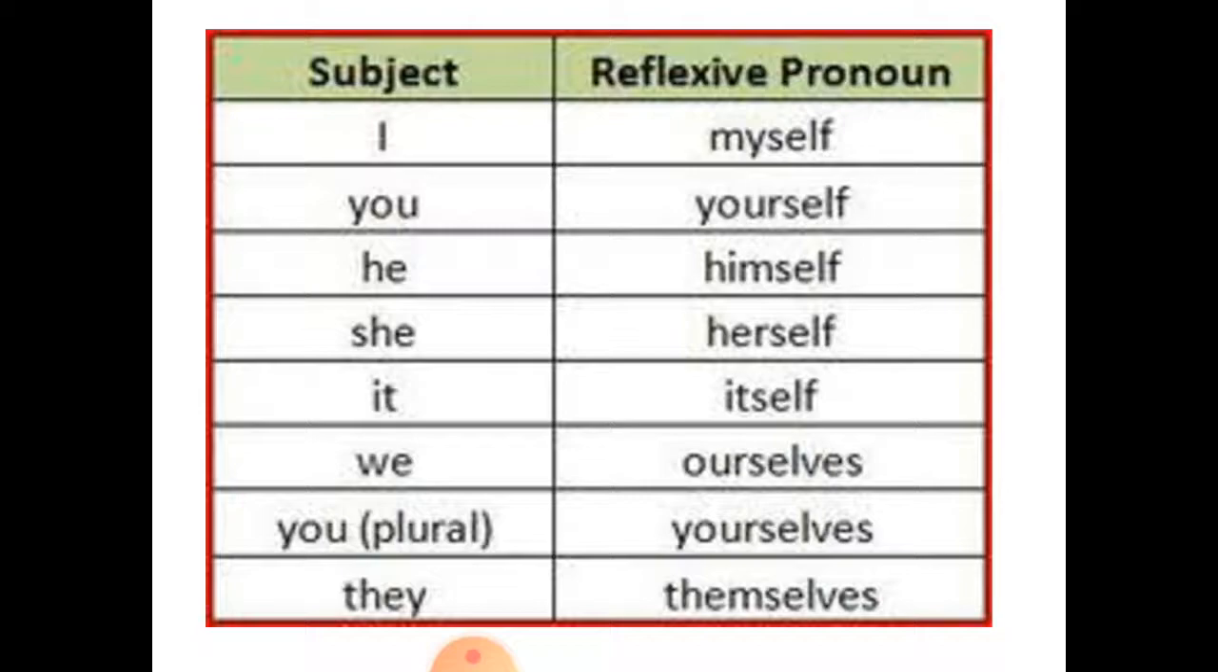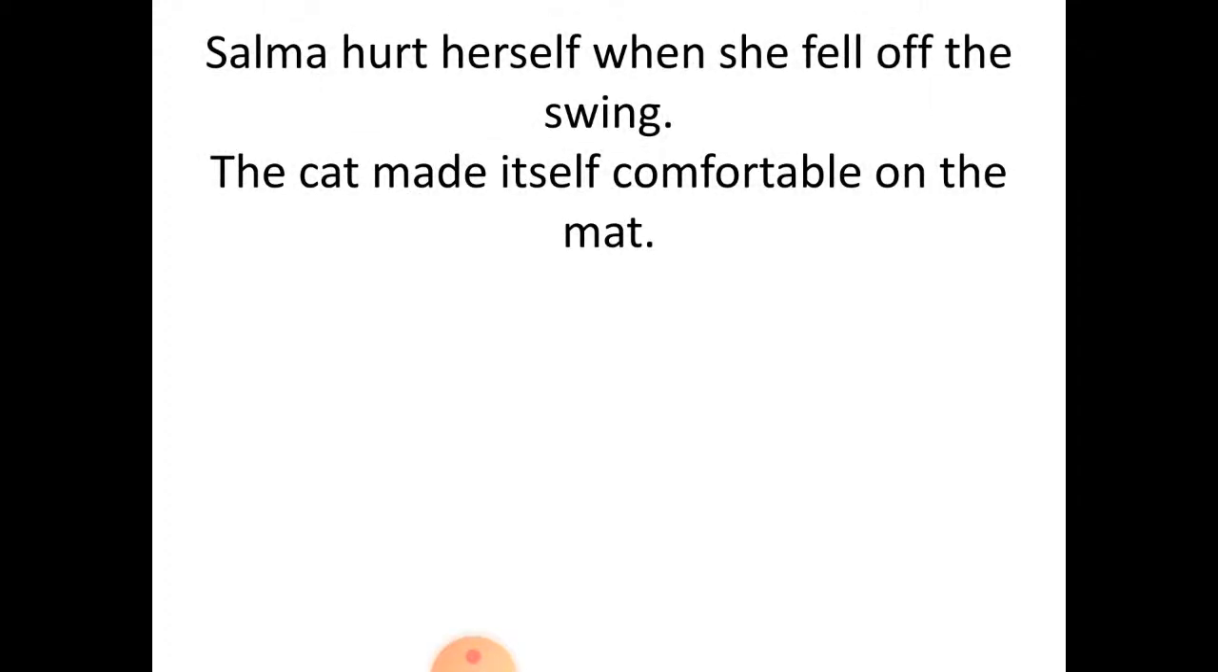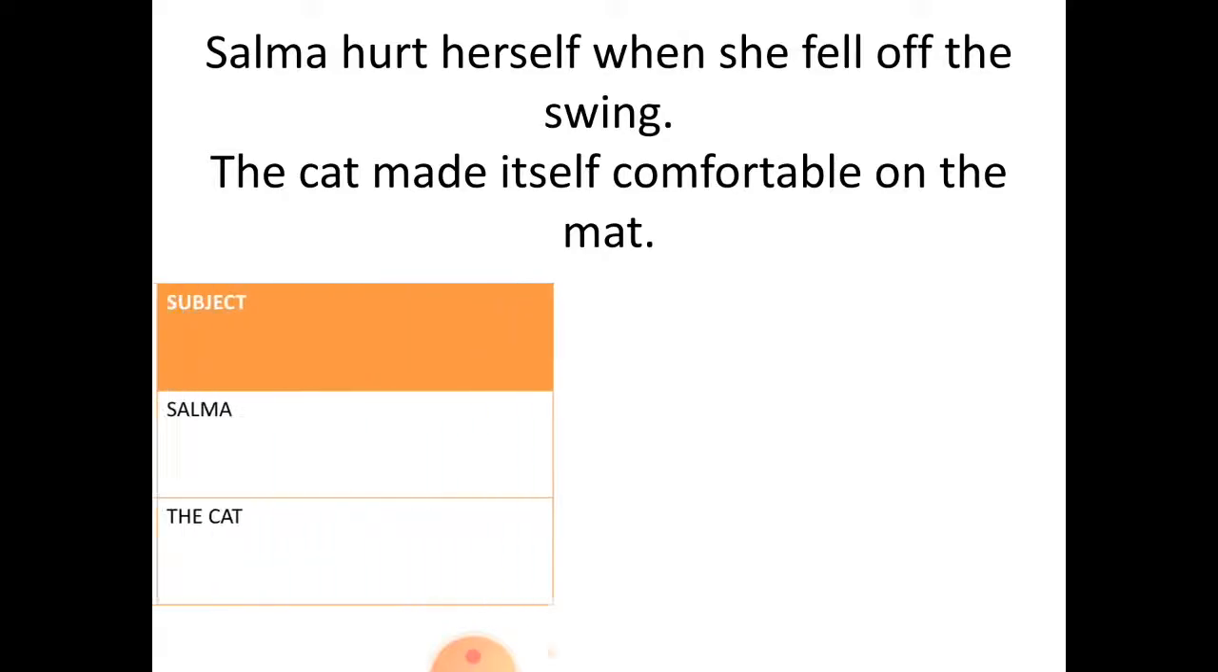We did the homework ourselves. So here also see the sentence and see how the reflexive pronoun is used. Okay, let's take one example. Salma hurt herself when she fell off the swing. Now you can see here the subject is Salma because we are talking about Salma. Now when we talk about the object, whom are we talking about? We are talking about Salma only. So we use the reflexive pronoun